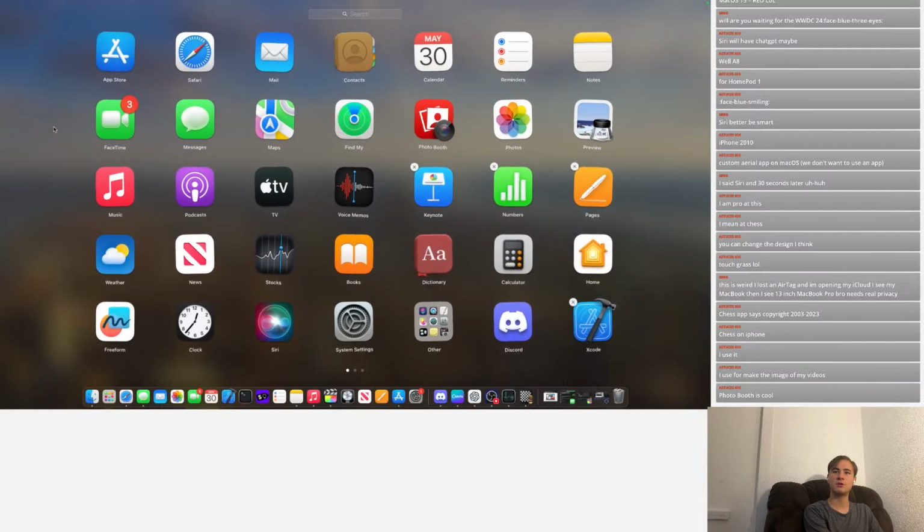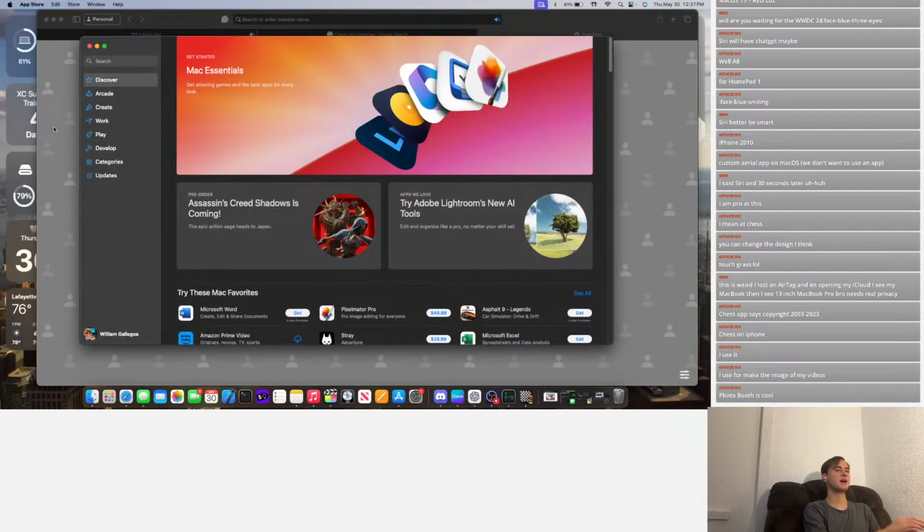Photo Booth is cool. I don't use it though. Instead, I would want like Clips on the Mac. That's another thing. We should get Clips and Translate on the Mac. Like, obviously make Clips optional, Translate maybe built into macOS, but you can delete it if you want. But who asks for Freeform on Mac? Like, I guarantee if it was an App Store app, you might not use it. Maybe you would download it anyway, but